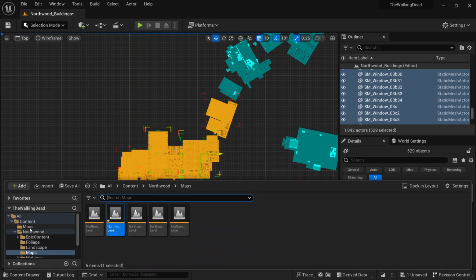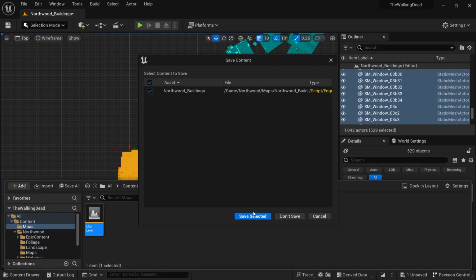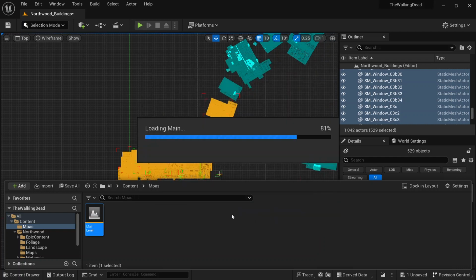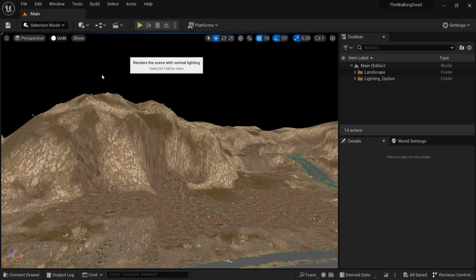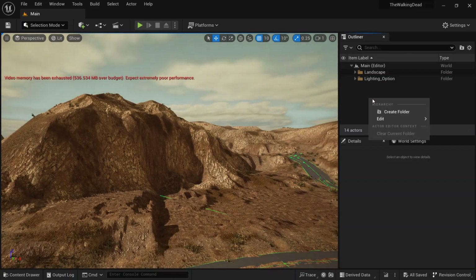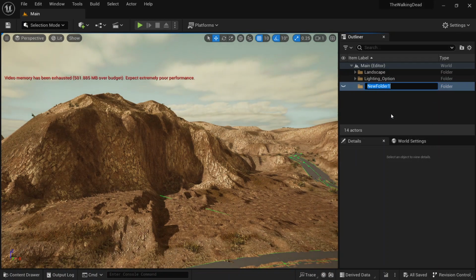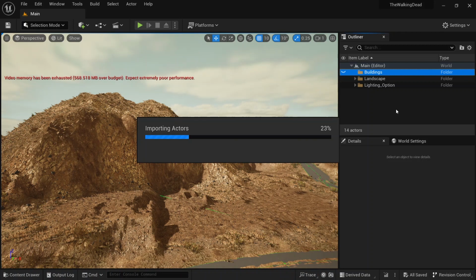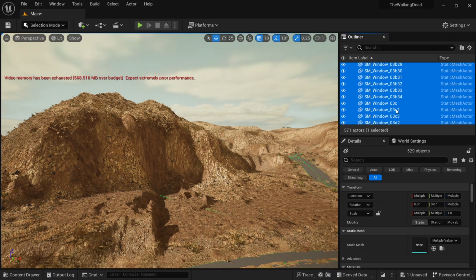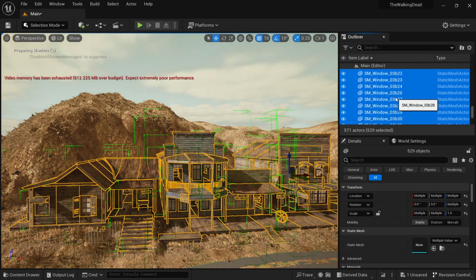Now I can come to my own map. I'll open this map, save the selected one. I want to save it. And now I'll come here and select perspective view. Then I can come here and create a new folder. This would be for buildings, and then I can paste the things we have copied from the other project. We have to wait a little bit until importing all the actors, and wow, we have all of